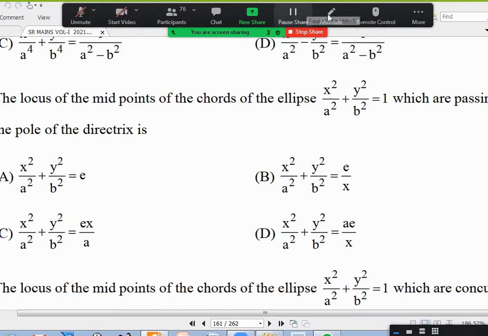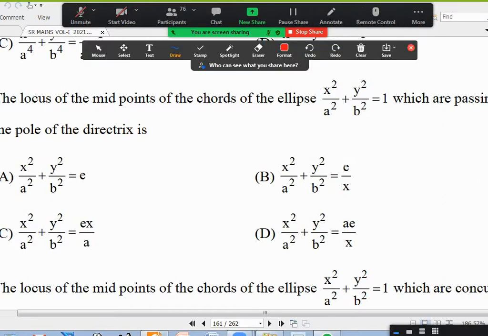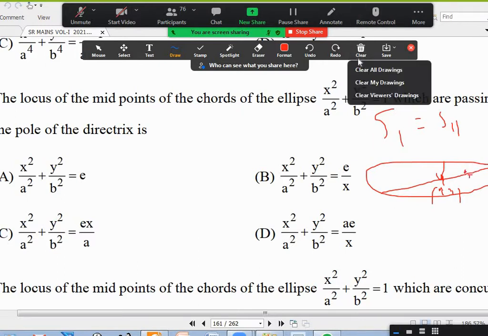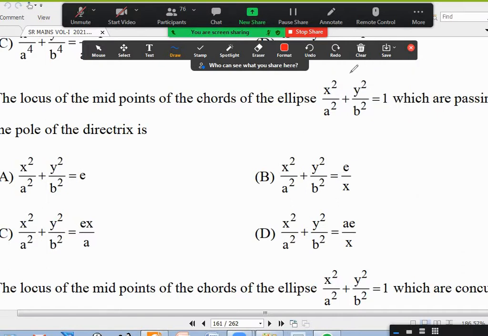Okay. I'm writing on the screen itself. See, we have an ellipse. Directrix is there. Its pole is focus. Take any chord through focus, that will have some midpoint. What is the locus? Take that point as x1, y1. If midpoint is x1, y1, what is the equation of the chord? S1 equal to S11. After that, what it should do? Pass through focus ae, 0. Simply substitute ae, 0, you'll get it. Just 2 steps. Finding S1 equal to S11, substituting ae, 0, and rearranging so that it looks like the answer. Okay.